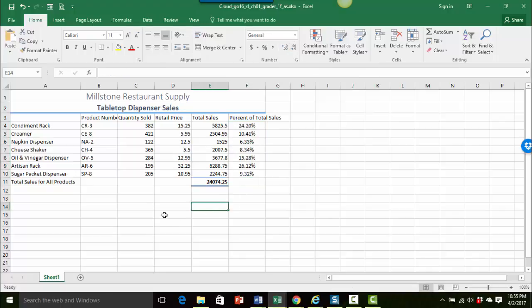Okay, so there are obviously other steps in the grader project, but I hope for right now this at least helps you get over this little hump here. So again, take a look at how I have the formula set up here. It's taking this particular item and dividing it by the total. This particular item dividing by the total. So we can see here,